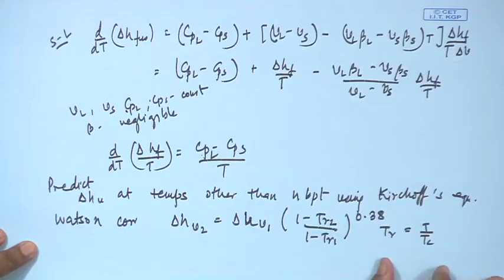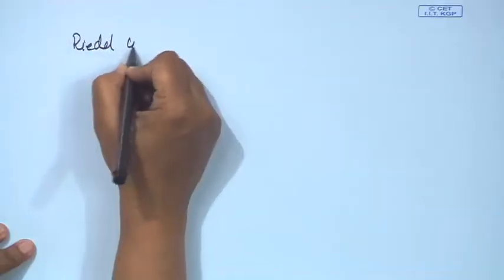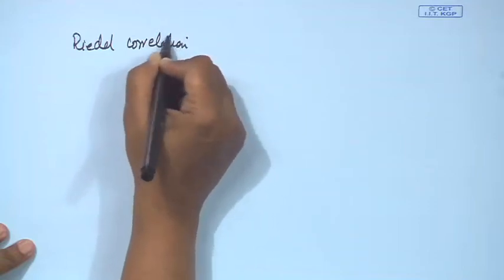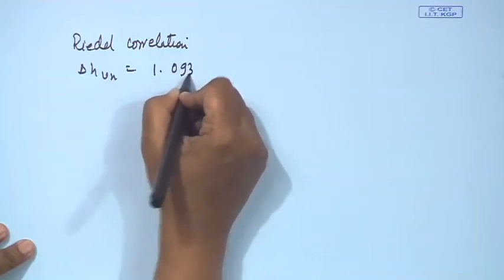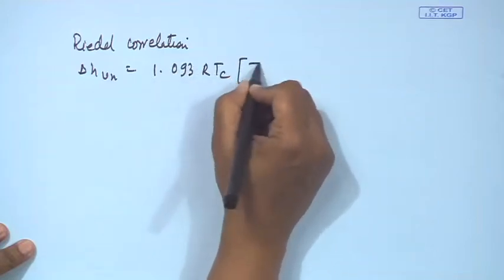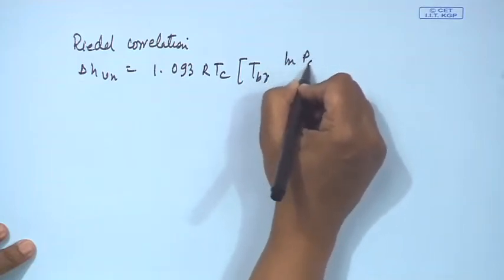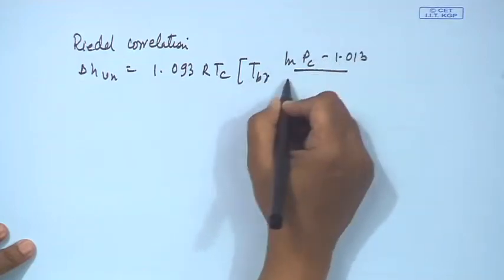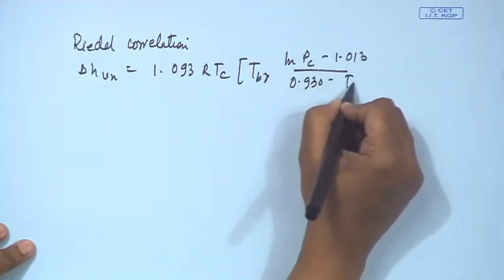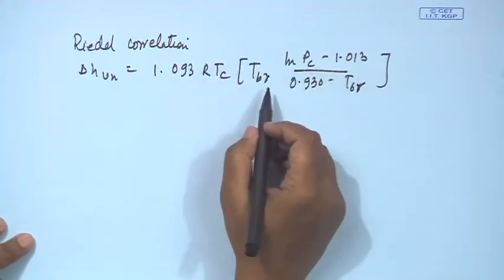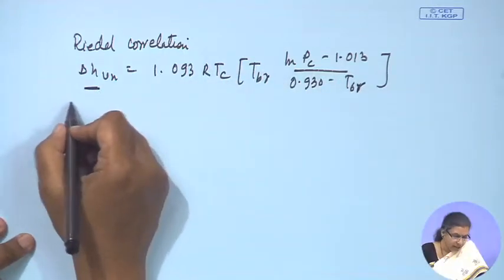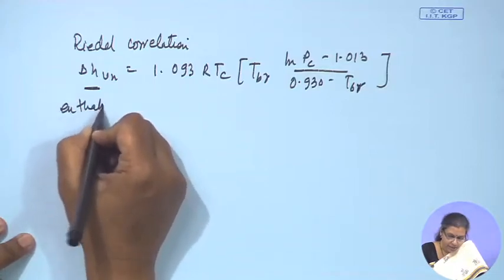And for finding out the latent heat of vaporization at the normal boiling point, this is easily estimated from another correlation which is known as the Riedel correlation. From here we can find out delta HVN, which is 1.093 R Tc TBR times (ln Pc minus 1.013) by (0.930 minus TBR). In this particular equation, delta HVN is nothing but the enthalpy of